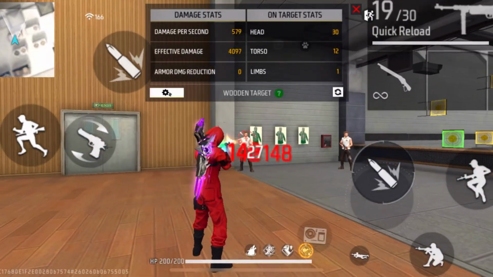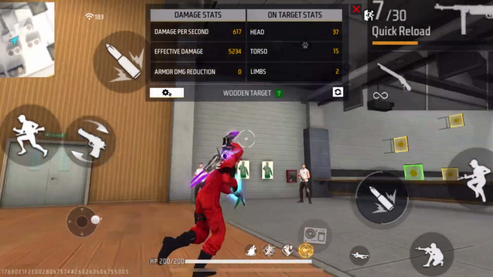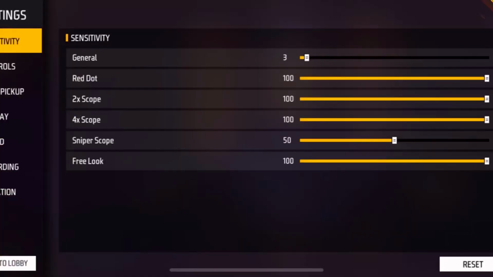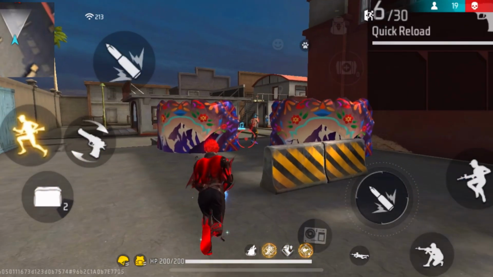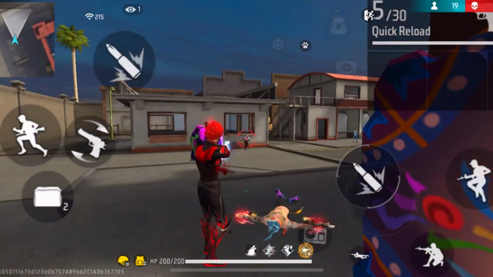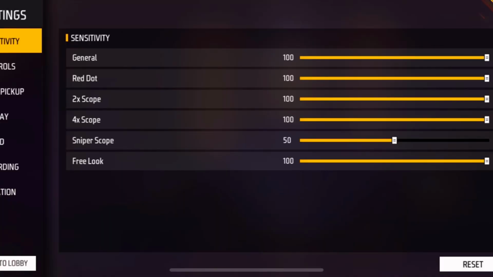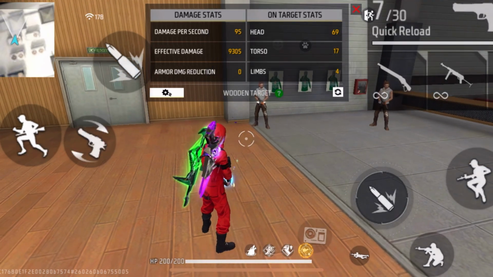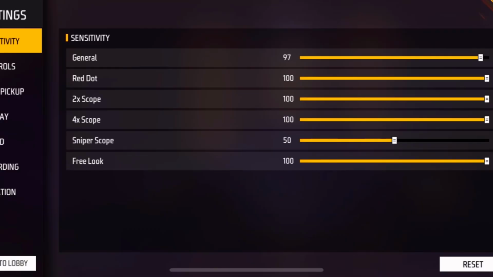Now if you guys have a device that is above 4GB RAM, I recommend that you put the general sensitivity up to 90. The reason that I say this is because in high-end devices, the overall sensitivity is already high. So if you increase the general sensitivity too much, the shots might go over the enemy's head. So I recommend that you increase the general sensitivity up to 90 if you guys have a device that is